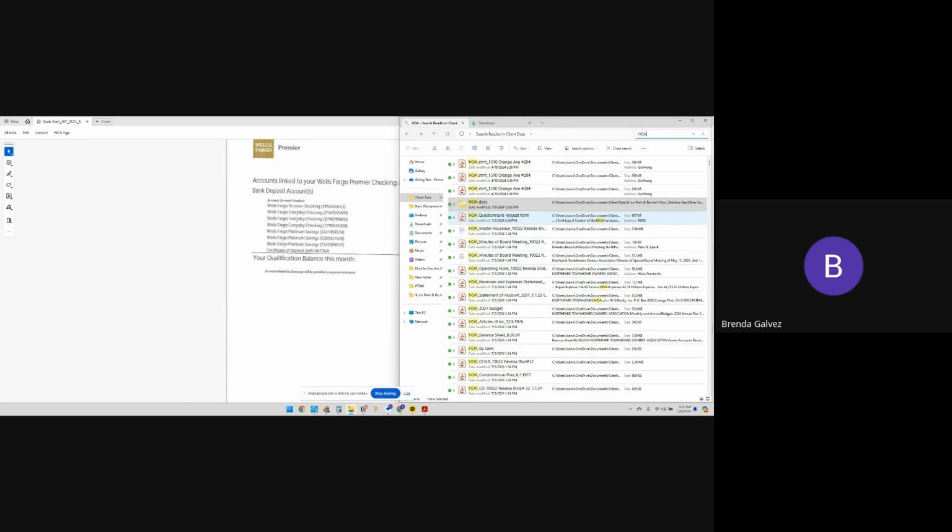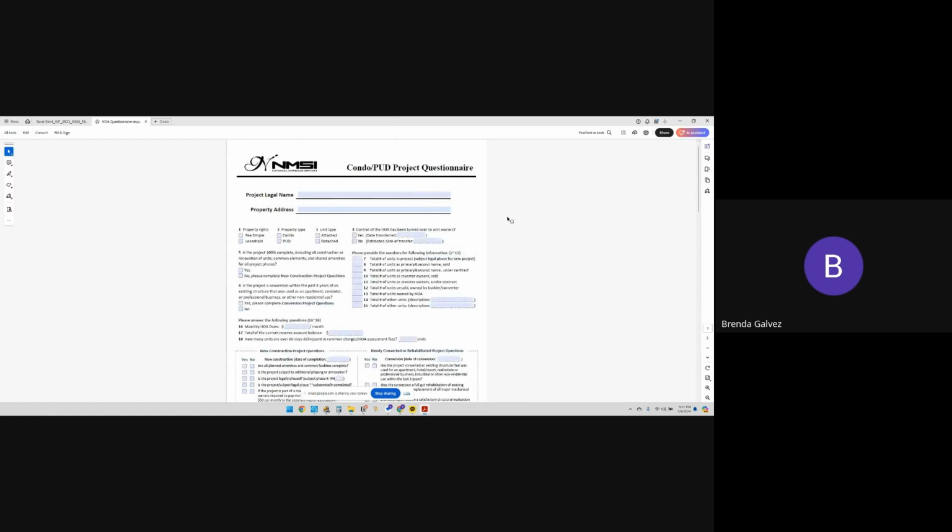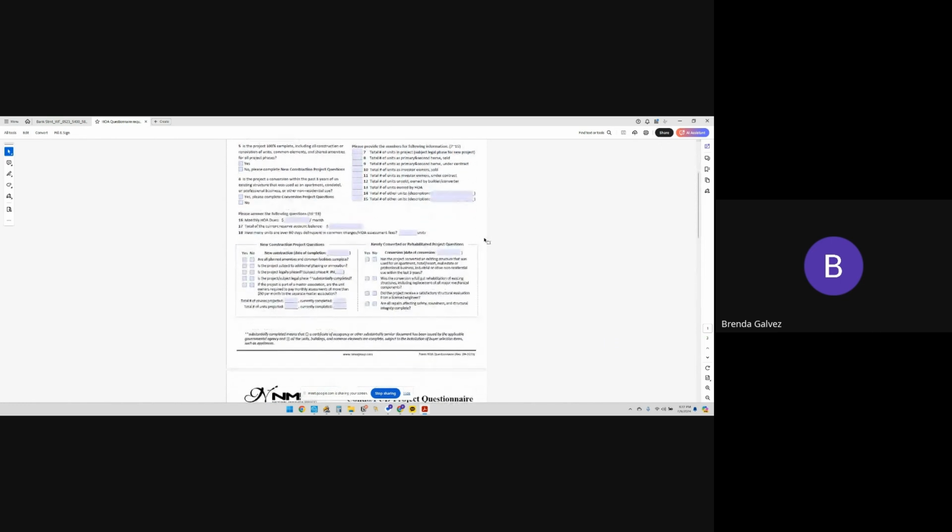More importantly, the reason why we need the HOA contact is so that we can request this condo questionnaire. Depending on the lender or where we're submitting it, it'll look different, but we do need to get this questionnaire filled out from the HOA management company,